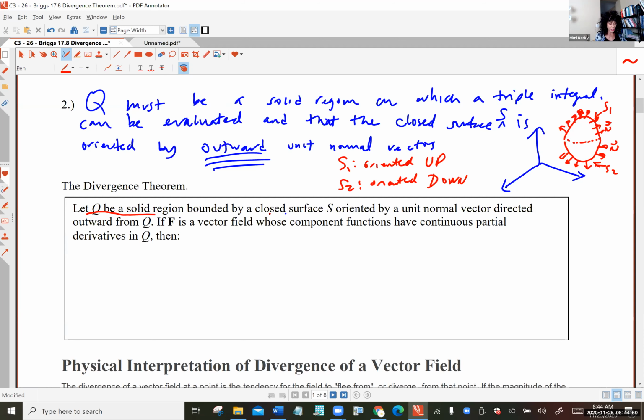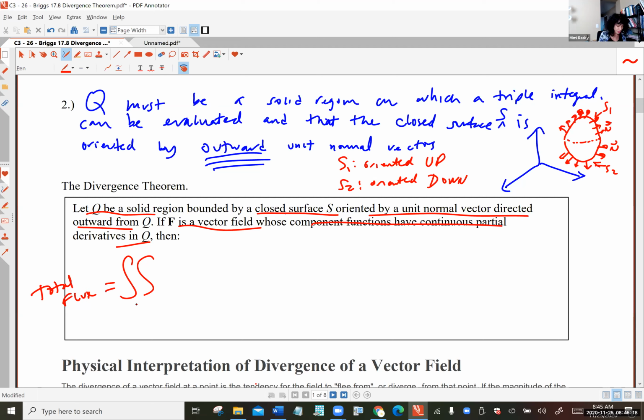You need a solid region bounded by a closed surface S, oriented by a unit normal vector directed outward. So some of them might be up, some of them might be down, but they all have to be pointing out. And if F is a vector field whose component functions have continuous partials on this lovely solid region Q, then here's what it allows you to do. If somebody says, go find the total flux,